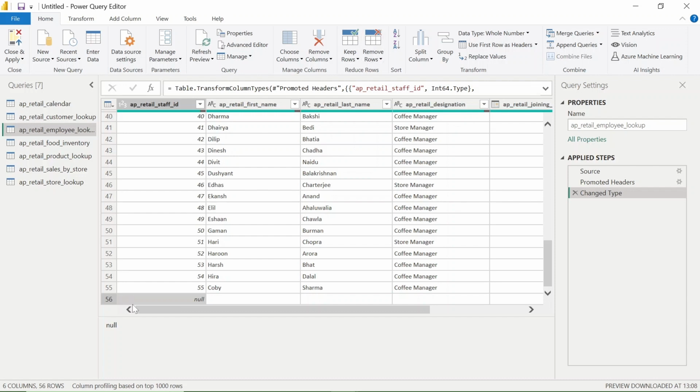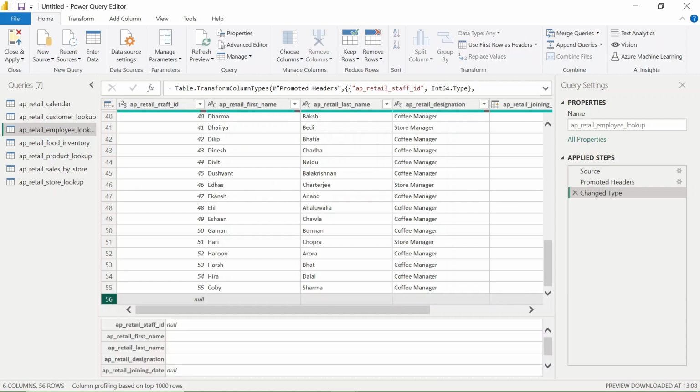From here, let me select it and remove the rows. Remove row.